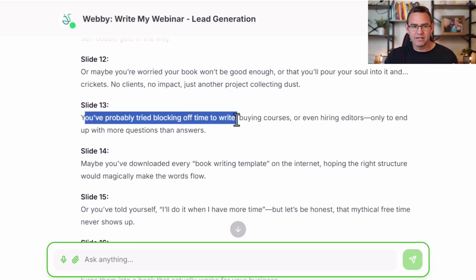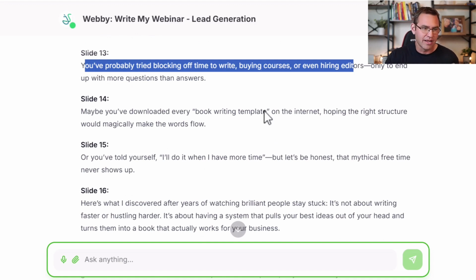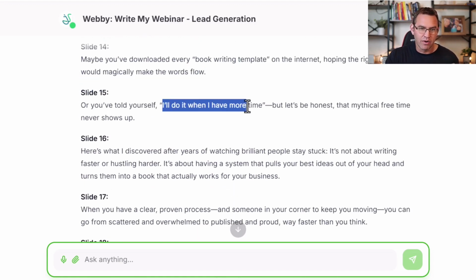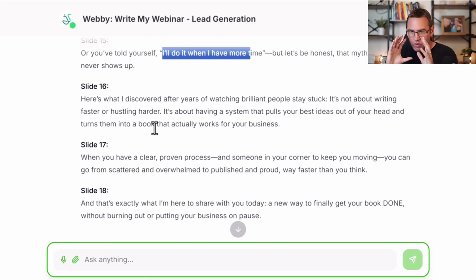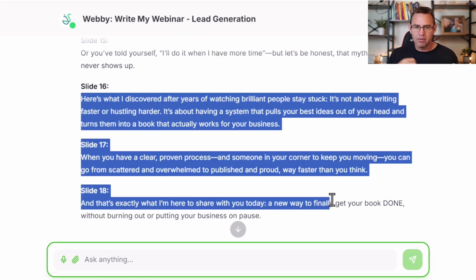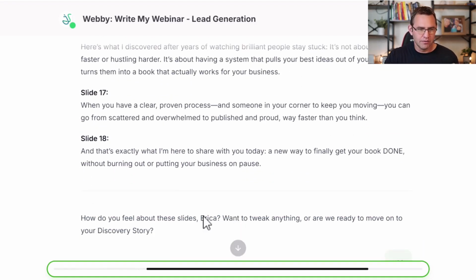Maybe you've tried blocking time off to write, buying courses or hiring editors, only to end up with more questions than answers. Maybe you've downloaded templates, or maybe you've told yourself, "I'll do it when I have more time." We're seeding their situation, framing their situation. Okay. Well, what I've discovered is that there's a better way to do it, and that's what I'm going to share with you today. So I'm just summarizing there. Okay. Then what we're going to do